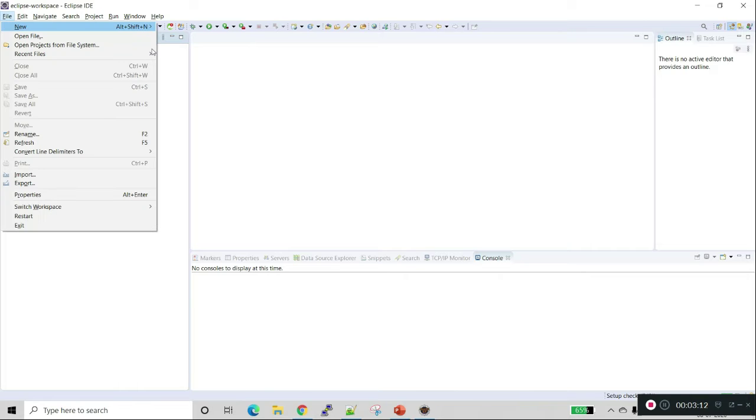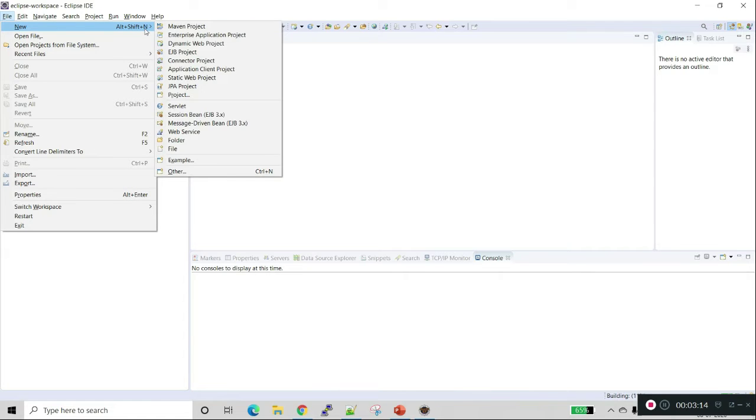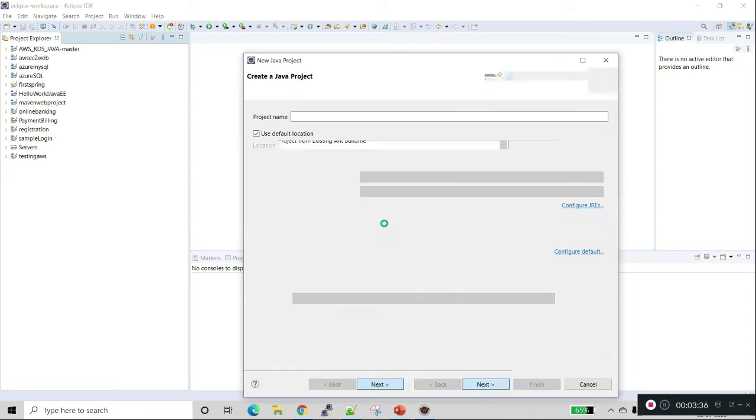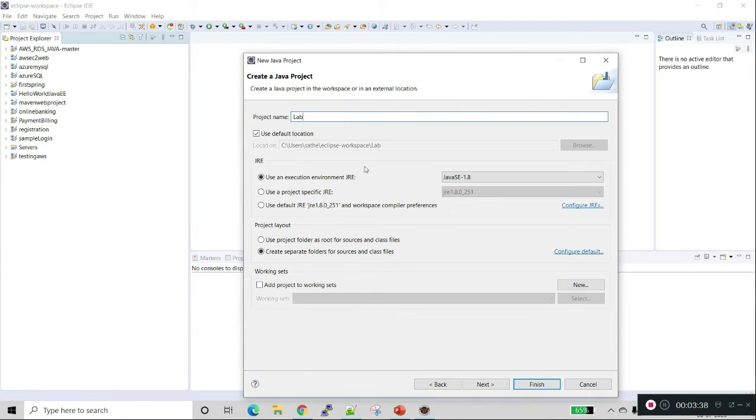Now we will create a new Java project and give it the name Java Lab.